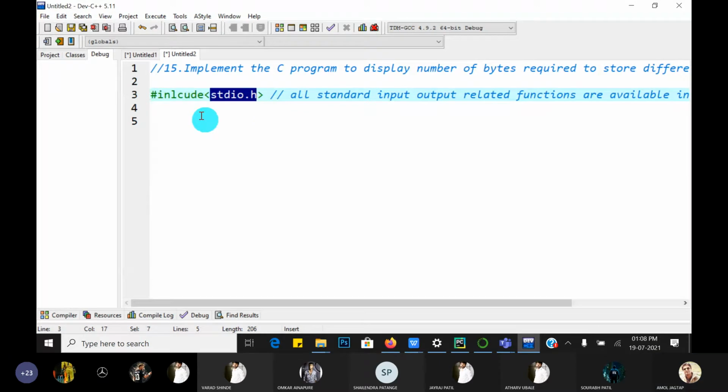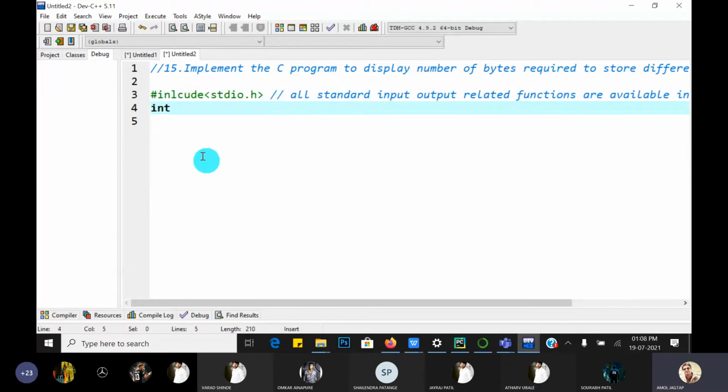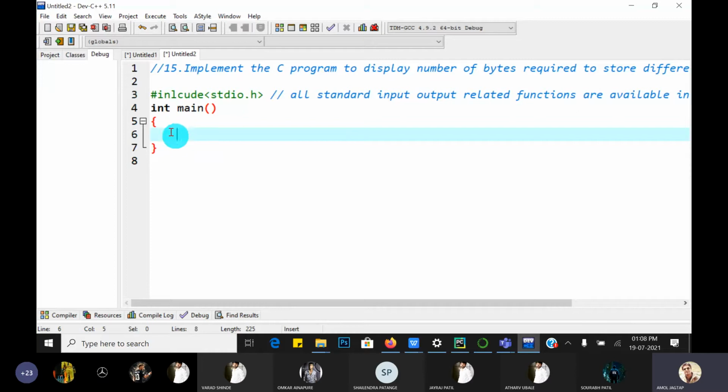Now, after including header files, write the main function. So int main is the main function where we write the body inside the curly brackets. Okay, so what is the body? It depends on the problem statement. We want to demonstrate how many bytes are required for the different data types. So first data type is int a.